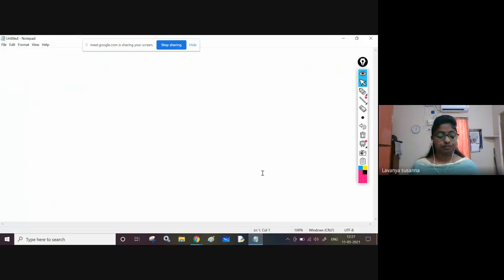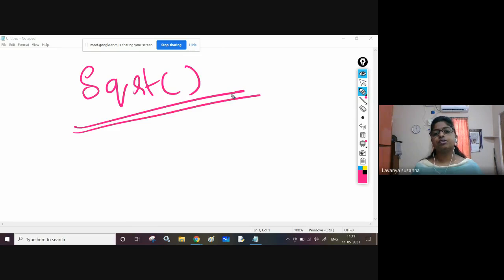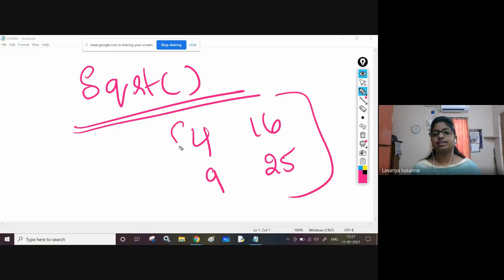Next. SQRT, square root. Next function is SQRT. What will this function do? It will find square root of each and every element. Okay, each and every element square root it will find. For example, 4, 16, 9, 25. If you have given elements like this,